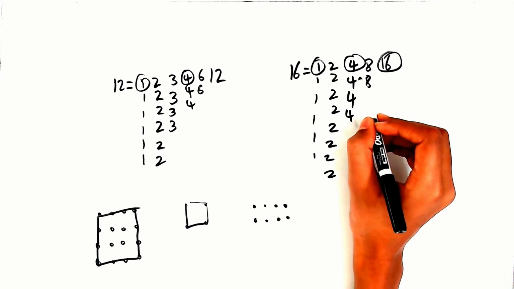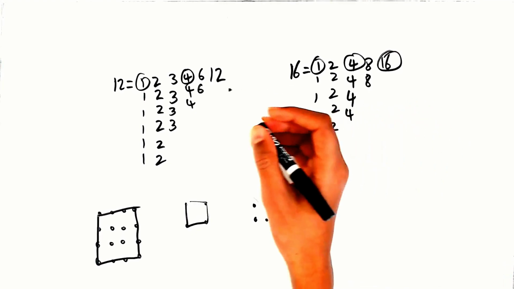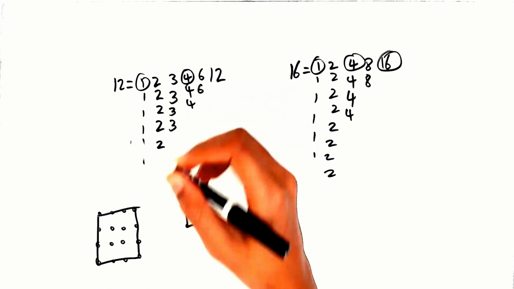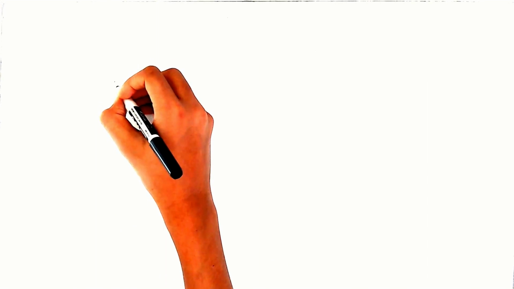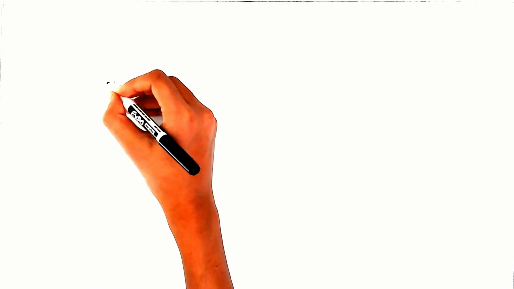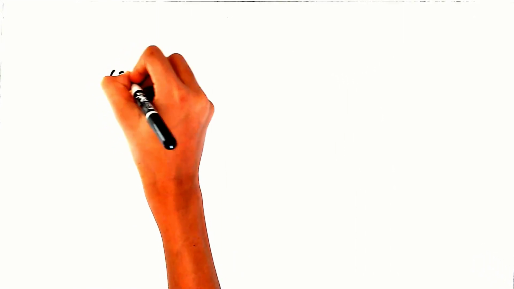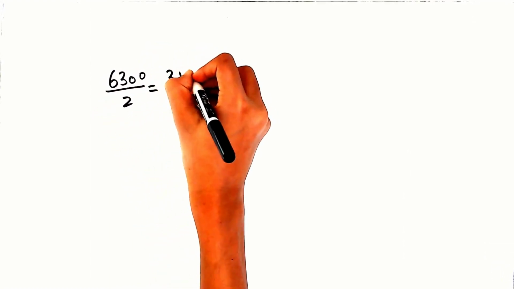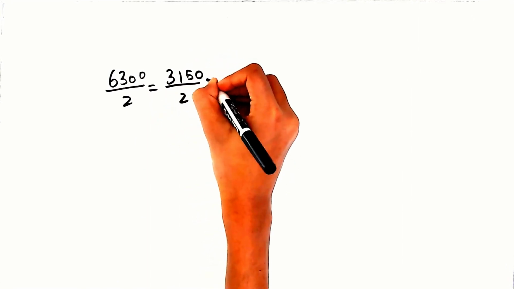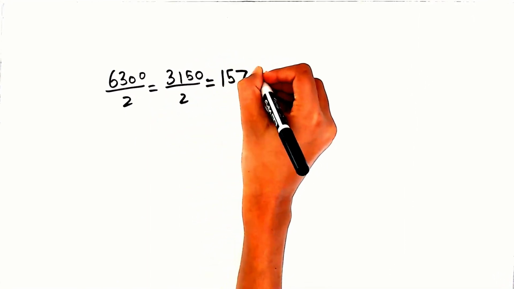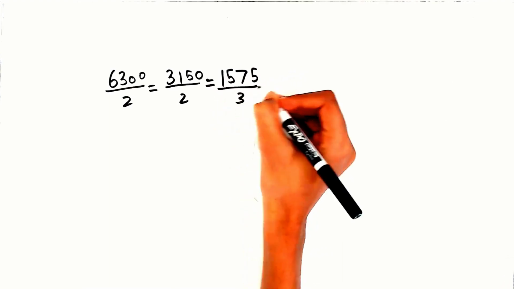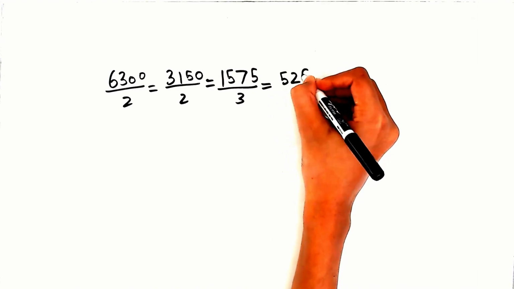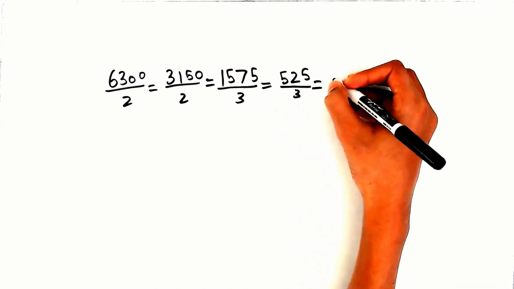So if you guys look here, for 6,300, first we have to find the factors, then we have to find how many squares. Okay, now, first, let's find the prime number factors of 6,300. So here's 6,300 divided by 2, which equals 3,150, divided by 2, which equals 1,575, divided by 3, which equals 525, divided by 3, which equals